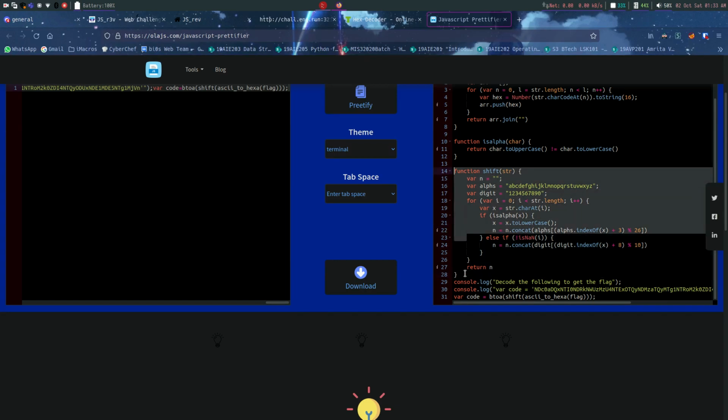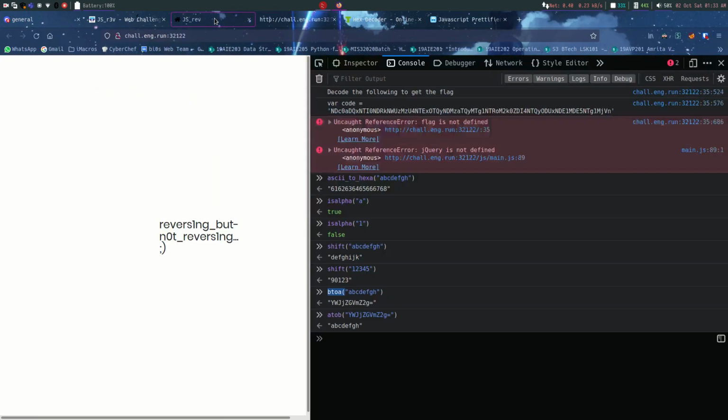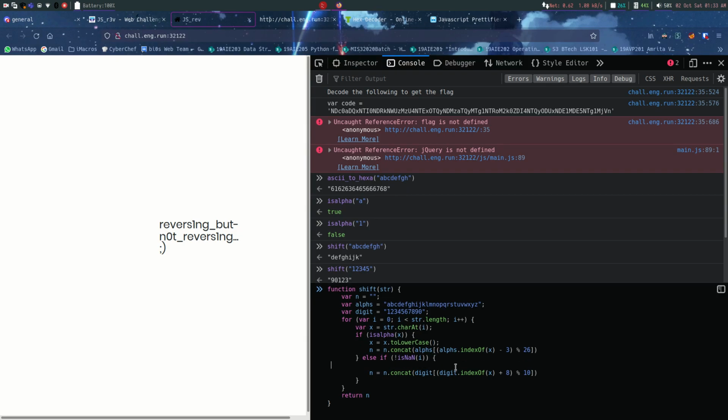We can do that also in the console. So we can take this function. Here it's taking 3 characters, so we can just minus 3 to reverse that logic. And here we have to iterate through all, as it is 8 and there are only 10 numbers. So there must be more numbers.